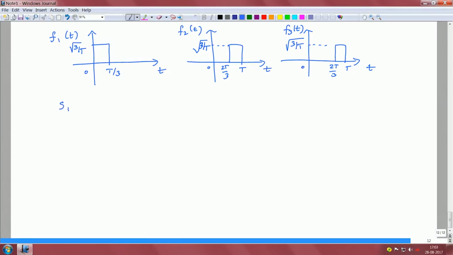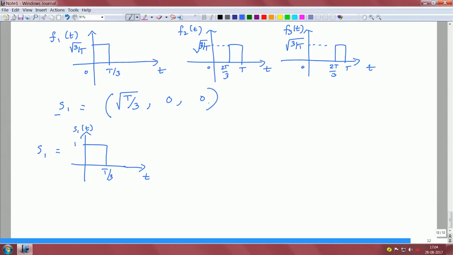and if I want to represent my S1, my S1 is basically 1. So S1, if you just recall, is this waveform which is 1 from 0 to T by 3, right. So this is S1(t). Now if you want to express it in terms of F1, this is basically root T by 3 times root 3 by T gives you 1. So therefore this is square root of T by 3 in terms of the coordinate on F1, 0 component on F2, 0 component on F3,